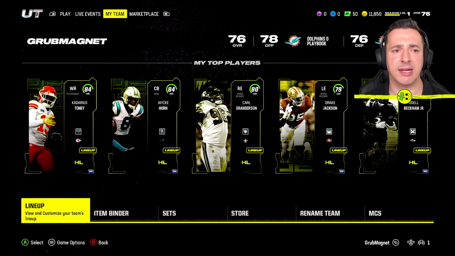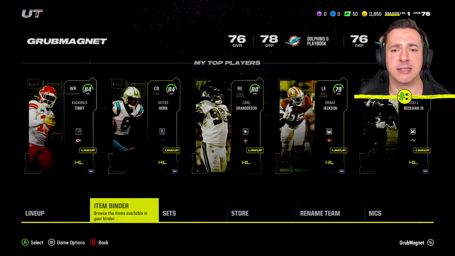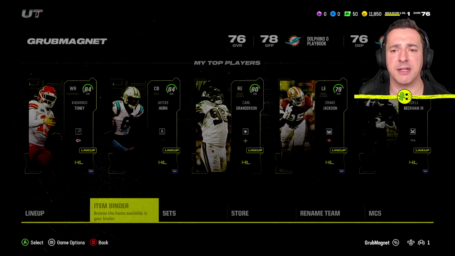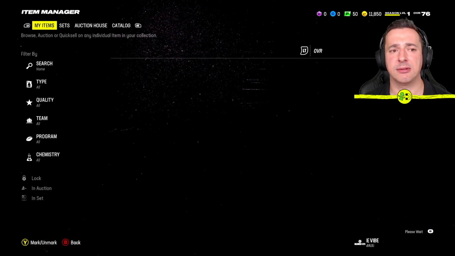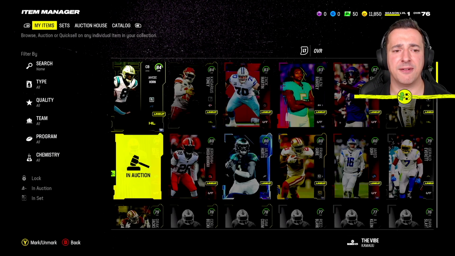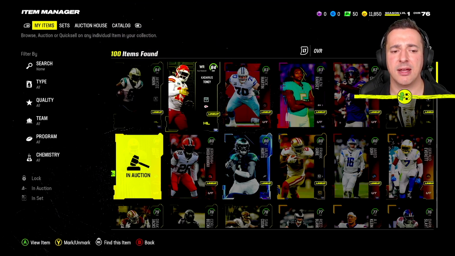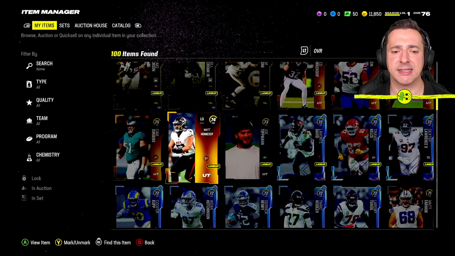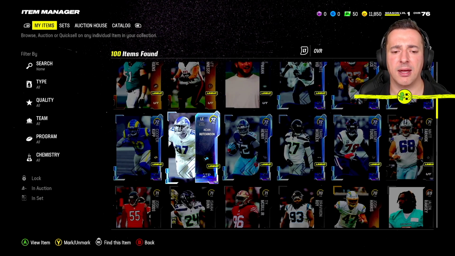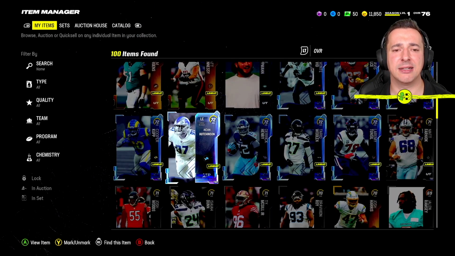So I will just show you where they sit. That's your item binder. So this is all of the stuff that you own. And over the course of the season, or indeed the entire lifetime of Madden 24, you're going to end up with loads of players. So you can see I've got 100 items at the minute. I've put one in auction, but all these other players, some I can sell, some I can bin. And part of the fun of Ultimate Team is either collecting players to